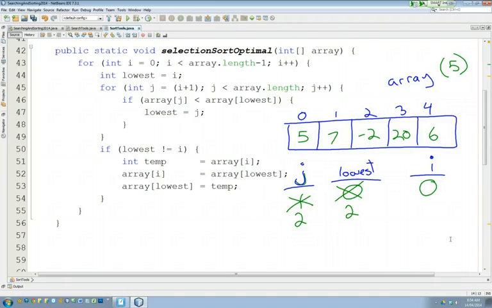Okay? And then it continues. Now j goes up to 3. Is array spot 3 less than this one? No. So then j goes to 4. Is array spot 4 less than array spot lowest? No. So you can see what this inner loop has done is it has found the lowest number. It's at spot 2. So what this inner loop does right here is essentially what our other algorithm did,